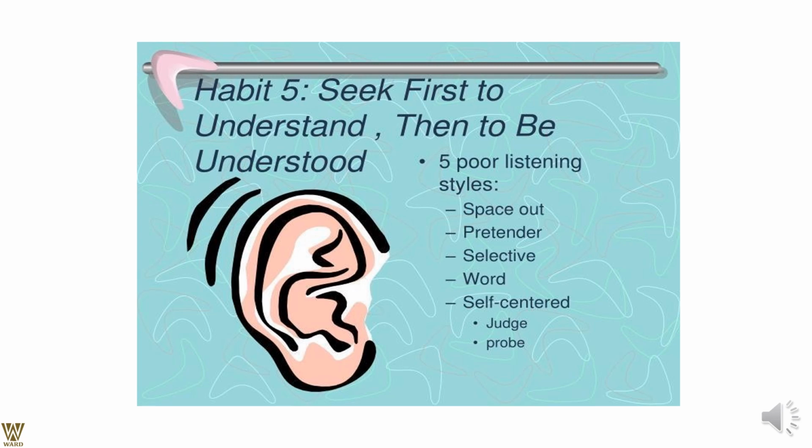What are the five habits of seeking to be understood, to understand, then be understood? The five poor listening habits are, first, spacing out. I have just told you about the war which is happening in Ukraine and what exactly has been happening in the spring season in another part of the world. So there are two different individuals, two different companies, and a different ambience altogether. So there are poor listening skills here.